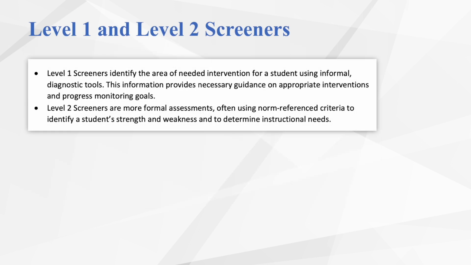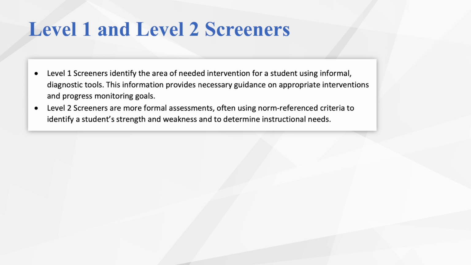Another layer of SEA 217 is the guidance on administering Level 1 and Level 2 screeners. You will want to ensure that you are using an IDOE-approved Level 1 and/or Level 2 screener. On the IDOE's website is a flowchart that provides some good visual information about the process. A quick summary of the process is that any student who shows up at risk with the universal screening tool